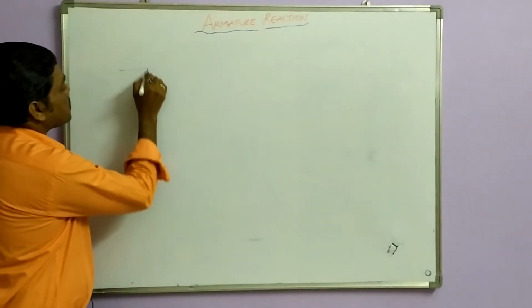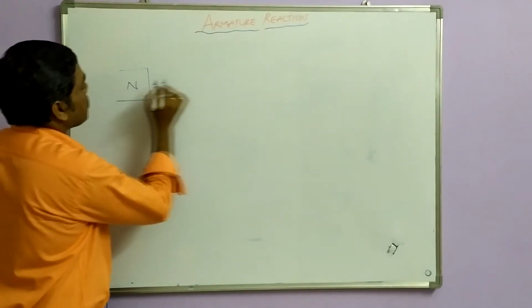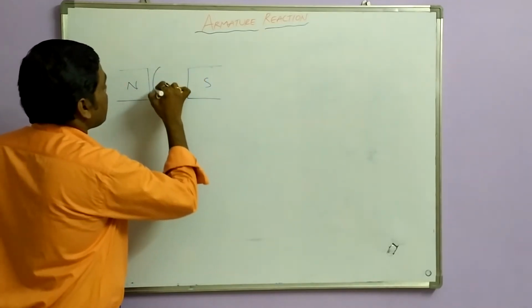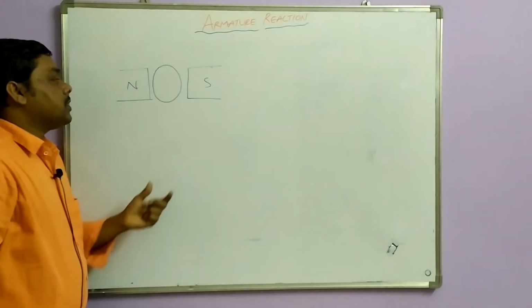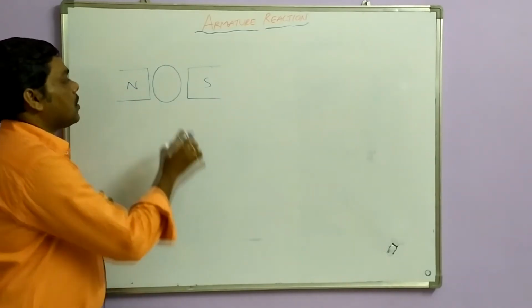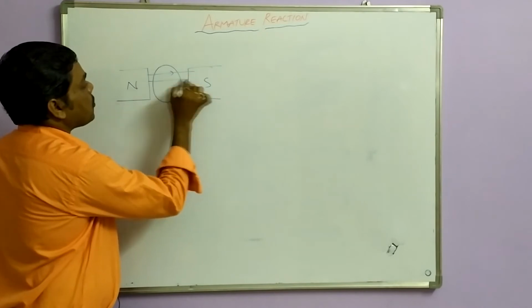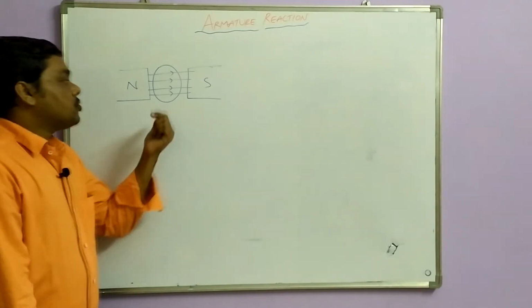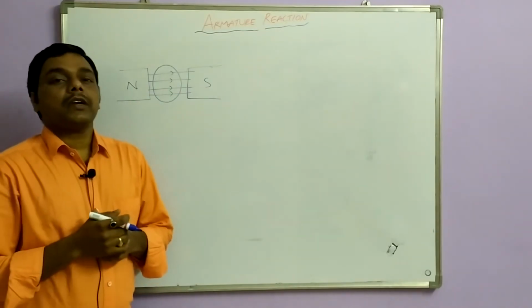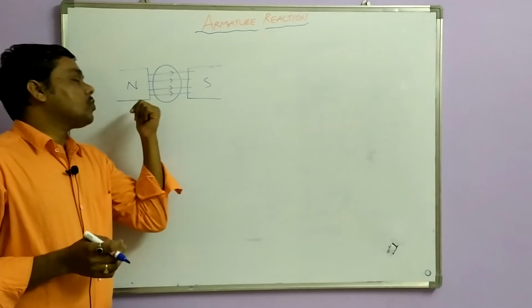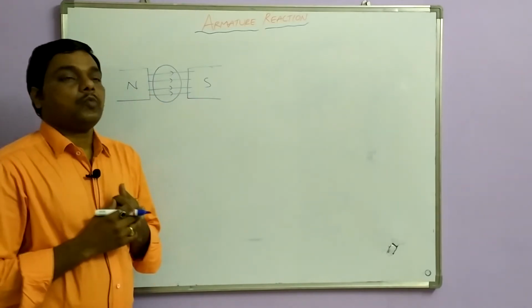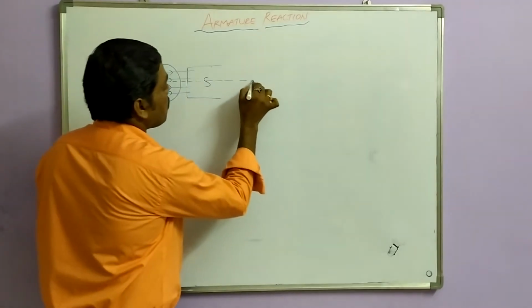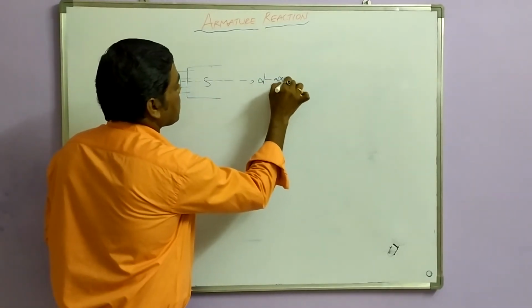First, we can see here a simple generator with two poles. This is the north pole and this is the south pole, and the armature is placed in here. We can also call it a rotor. Now the flux is flowing from north pole to south pole. I am not showing any brushes and conductors internally. So this axis from pole to pole, we can call it the D axis.